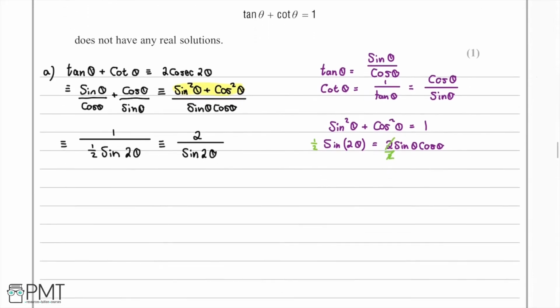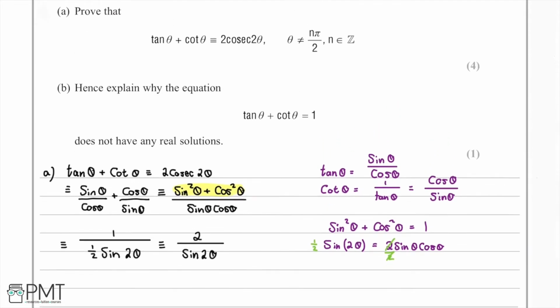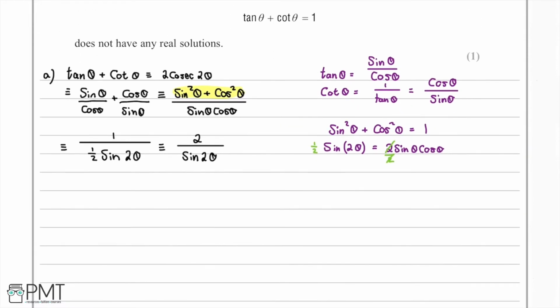And then finally, we'll go back and have a look at the aim of the question. So we were looking to write it in terms of cosec 2 theta, and we now have 2 over sine 2 theta. So we need to think, what other trig formula do we know that will take us to the next stage? So we do know that cosec 2 theta is equivalent to 1 over sine 2 theta. And this is exactly what we need. We can now substitute this in,